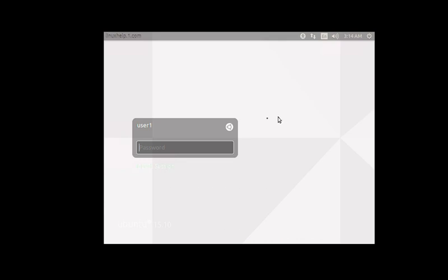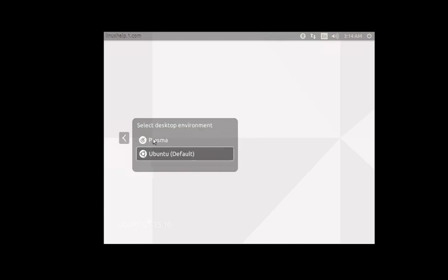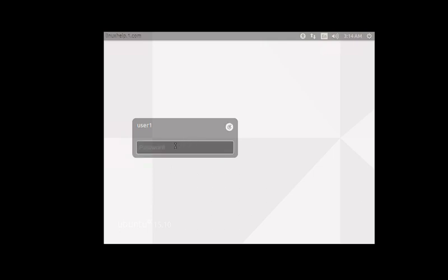After restart, once the login screen appears, you just click this icon, and there you need to select Plasma, and then you just give the password and log in. So now you can see KDE Plasma desktop is loading.